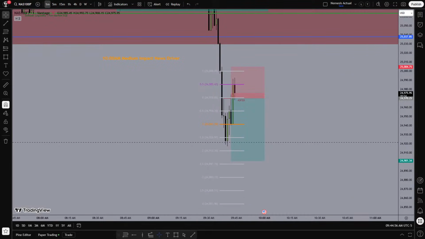So that wick, and then you also have a fair value gap right below that. So October 30th fair value gap and 29th wick. I would annotate both of those levels there. Not that the dollar could slip all the way down there, but